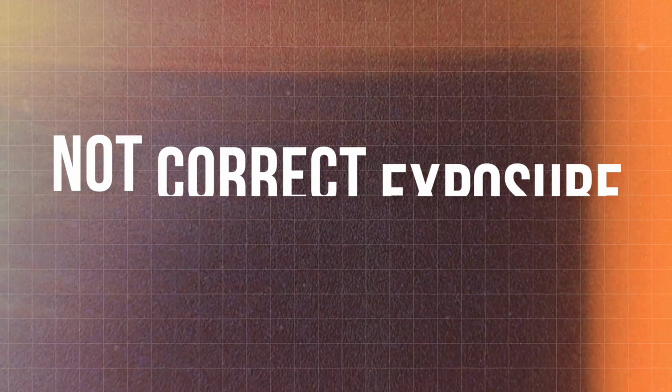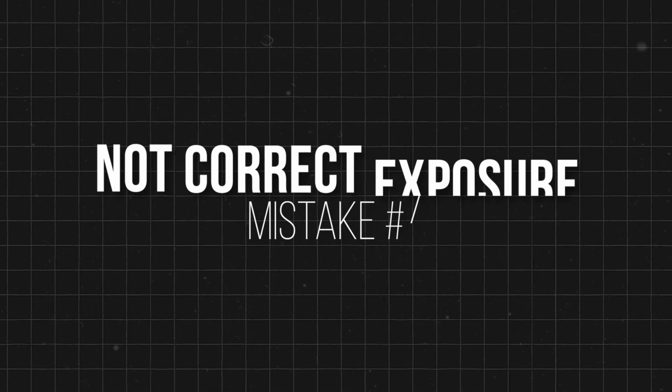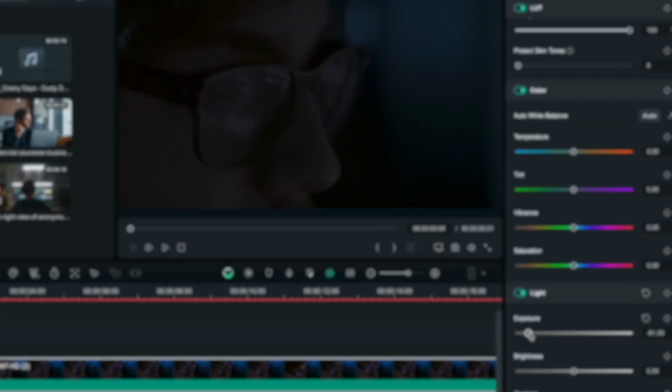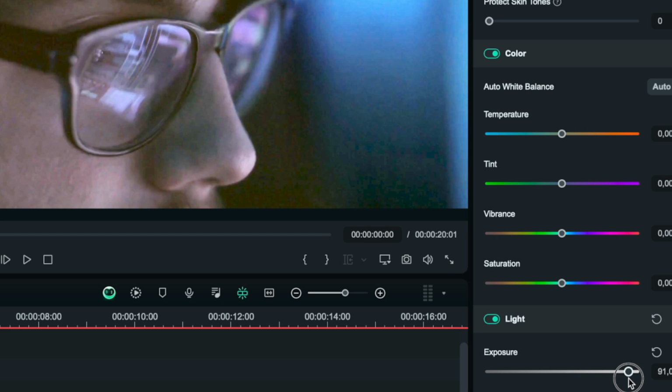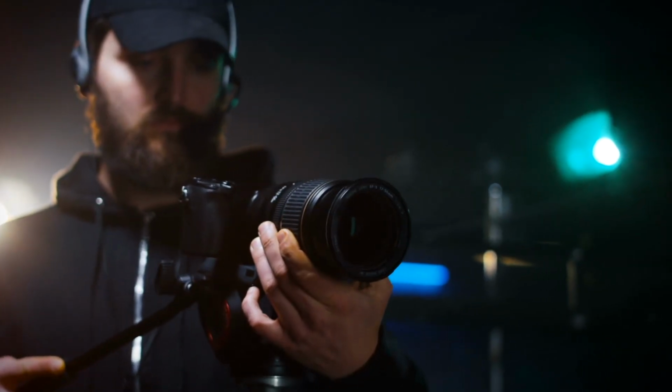The next mistake is having underexposed or overexposed footage, and just in general not checking your footage twice before you would hit recording on your final clip, right? And this is a big mistake because most people think, oh, I will just fix it in post. I'm not going to bother to check it one more time before I would actually film the final video. And as much as you can do with today's advanced technology, it's still not going to be as good if you fix it in post as if you shot it with the correct settings to start with, right? So you definitely want to make sure to double check before you would actually shoot the video that you have the correct exposure setting.